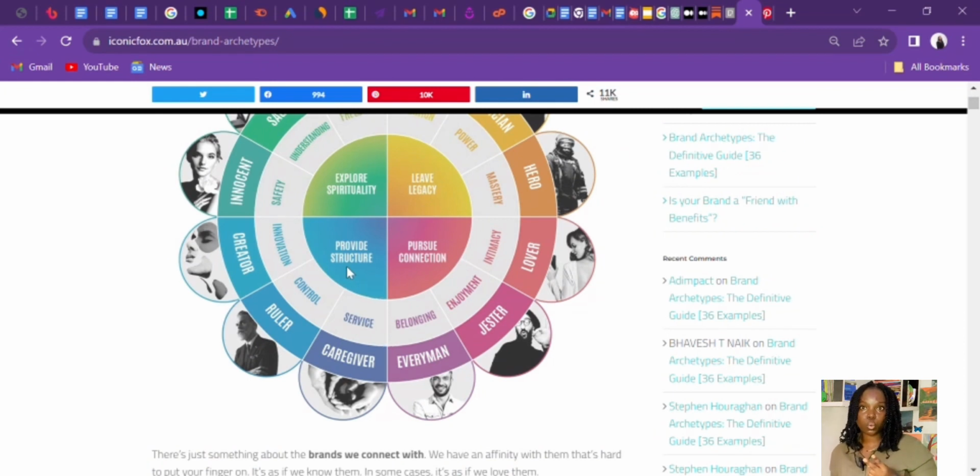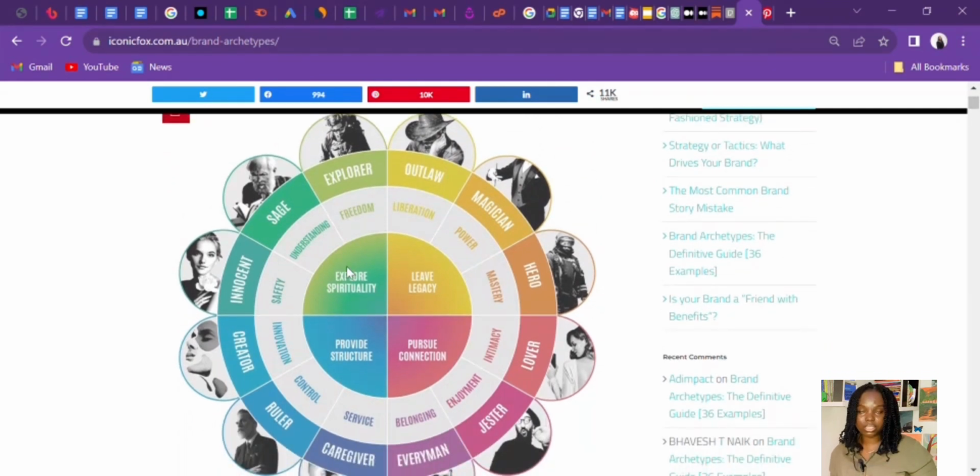That's their brand message. The outlaw's message is liberation. The magician's message is power. The hero's message is mastery, and so on and so forth. Some of the archetypes that speak to this brand we are working with are the lover, the ruler, the caregiver, the hero, the innocent.